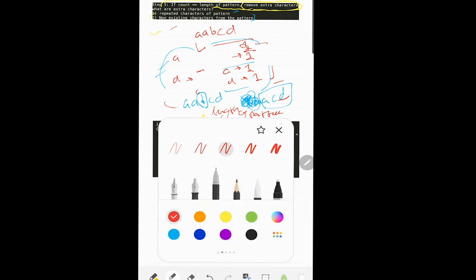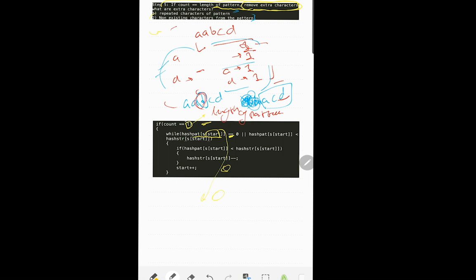This is the case of B in BAACD: the hash of pat of B is equal to 0. That means this does not need to be included, so I remove this character.